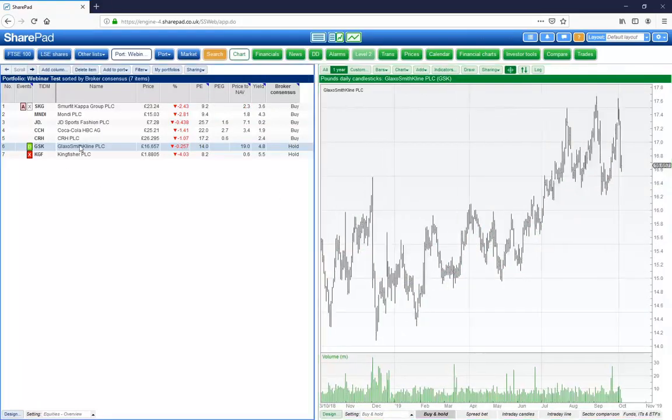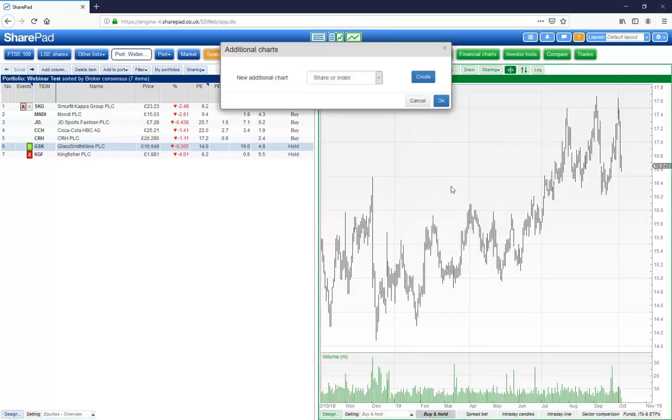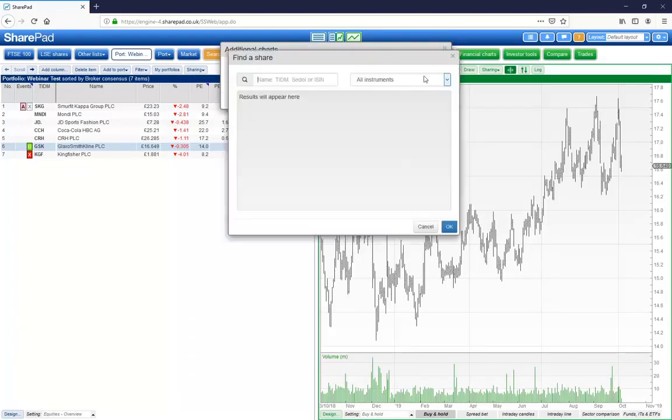Say I want to compare GlaxoSmithKline against AstraZeneca, the pharmaceuticals sector index, and the FTSE 100. Well, I go to Add, Additional Charts, New Additional Chart, and Share or Index will allow me to pick anything I want from the list. So I hit create and I'll pick